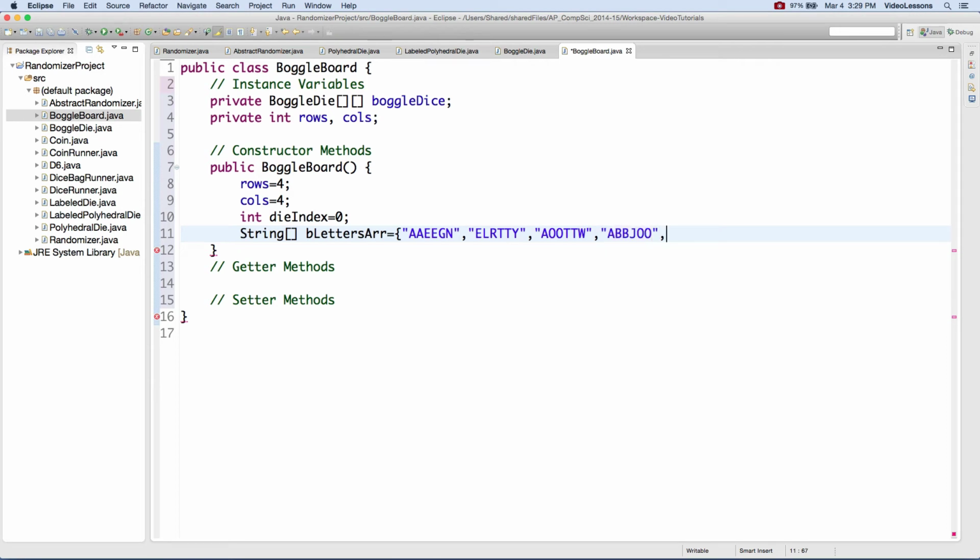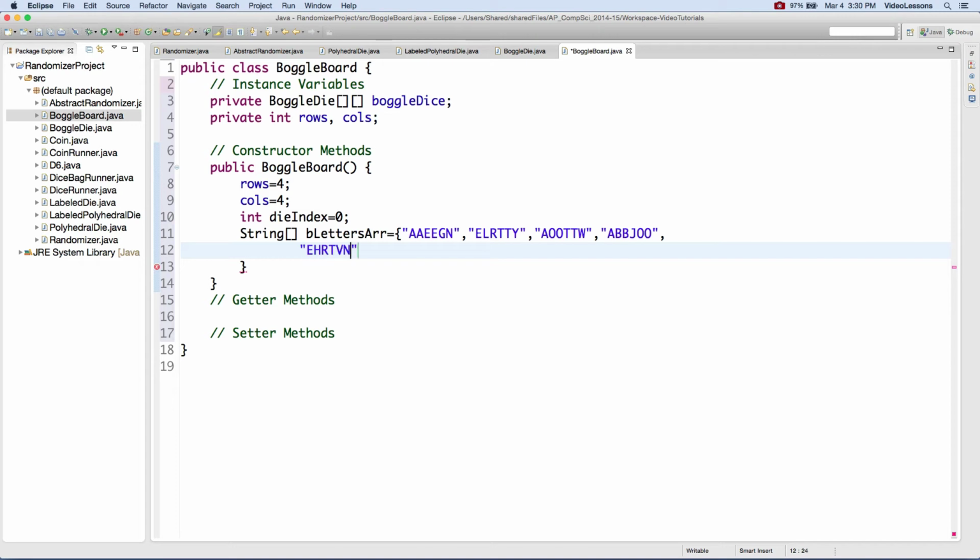the next one has ABBJOO. I'm going to go to the next line just so my lines don't get too long here, and I'm going to put the next one as EHRTVN, then CIMOTU, and then we're going to have DISTTY, and on our next one we're going to have EIOSST, and then we're going to have GELRVY,